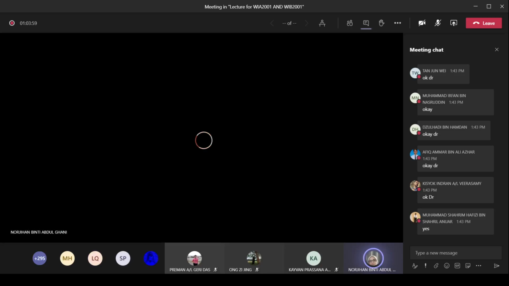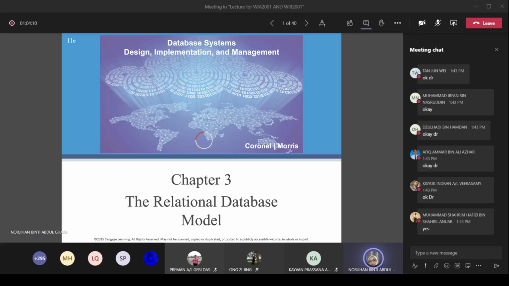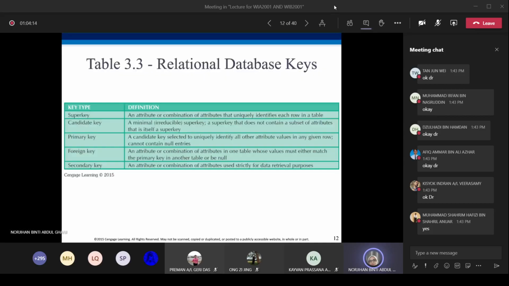The video explains the differences between different types of keys. So we have super key, candidate key, primary key, foreign key, and secondary key. Super key can be any attributes that we can use to identify rows for a table.